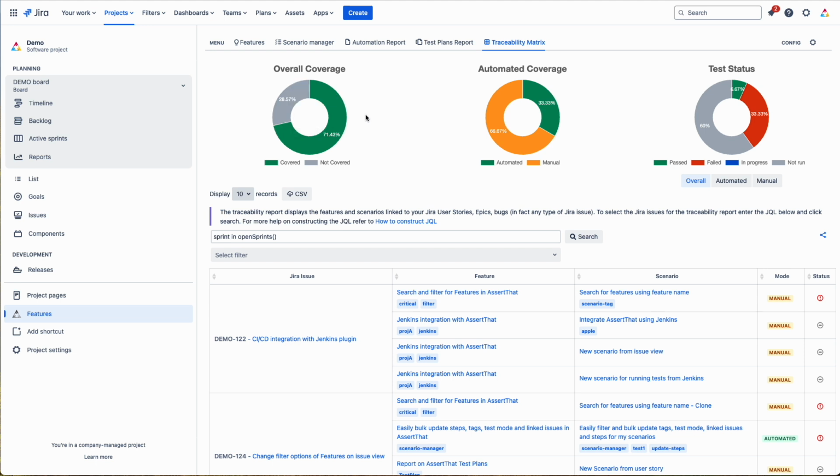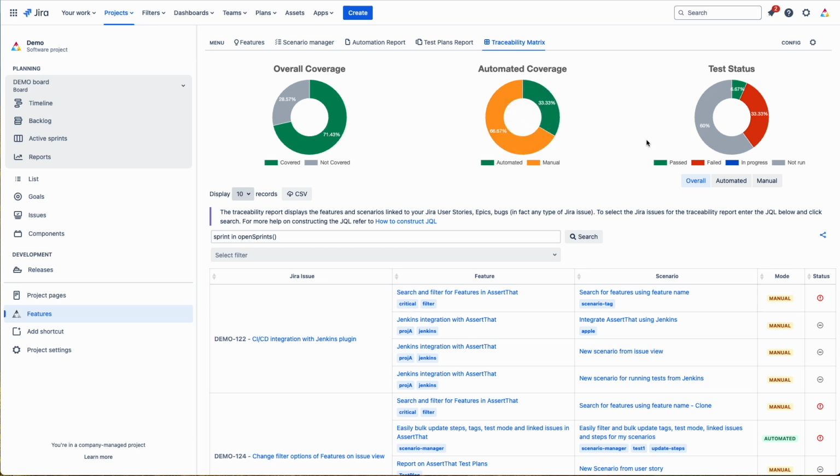So let's have a look at the gadgets here. Let's start with the overall coverage. The overall coverage effectively tells me that there are 7 issues within the filter. Of those, 5 of them have scenarios linked to them, 2 don't. Automated coverage looks at all the scenarios which are linked to the issues and tells me how many are automated, 5, and I've got 10 manual.